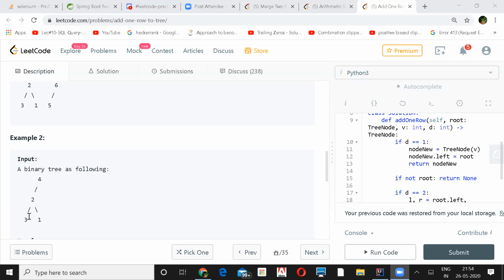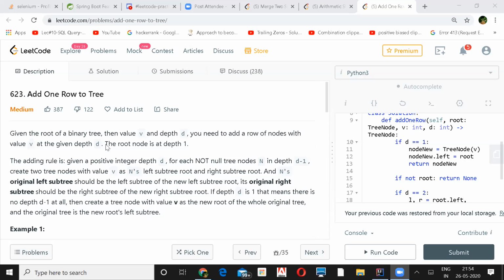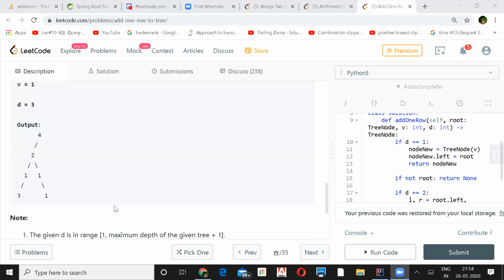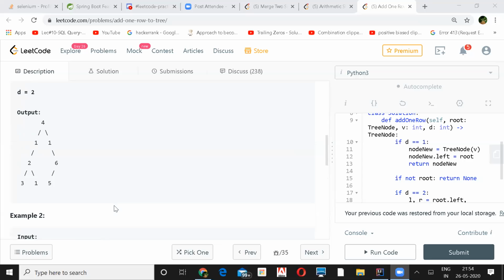So if we have 4, you'll attach to 3's level. You'll create 2 nodes, left and right, for 3. Does the problem say that? That's not very clearly said, but about the root it is, if you read at the very end, for the depth is 1. For a leaf node, it doesn't say that. So whenever we find a leaf node, we actually have to create 2 nodes for it. We have to create that in here also.